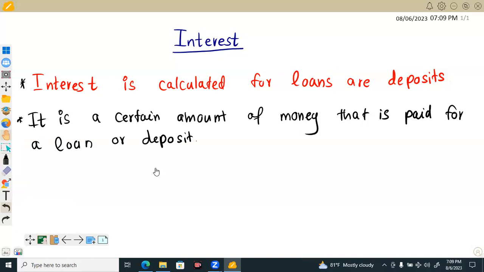Then you will ask which one is the most profitable one. Okay, we can say that this one is more profitable than this one. Anyway, the amount of money that should be paid under a particular interest can change. When we do the calculations and solve problems related to interest, you can identify that sometimes they ask to compare these two also. Okay, again,